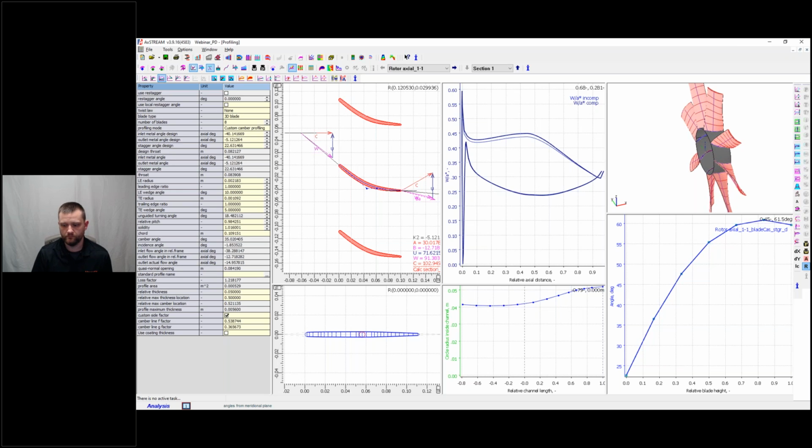More than that, we can also do sweep, bow, and lean blade structures. It can all be implemented here, and you do that for all the various sections you have in your project or for that given geometry.